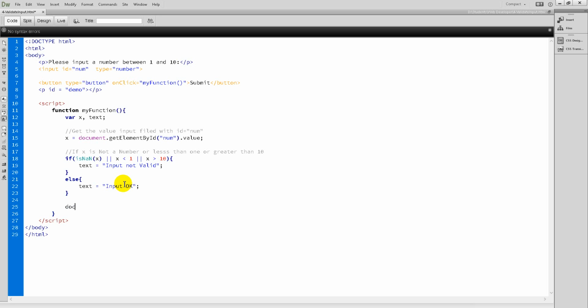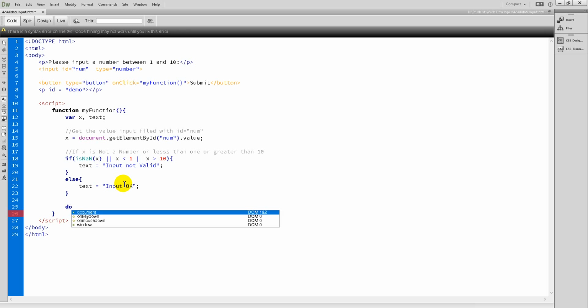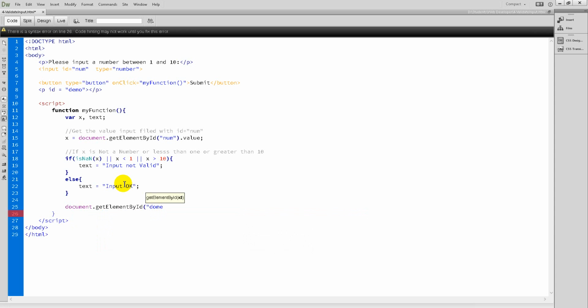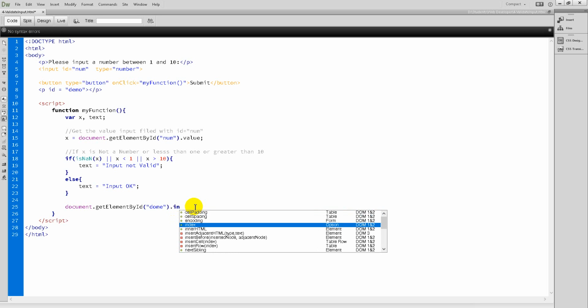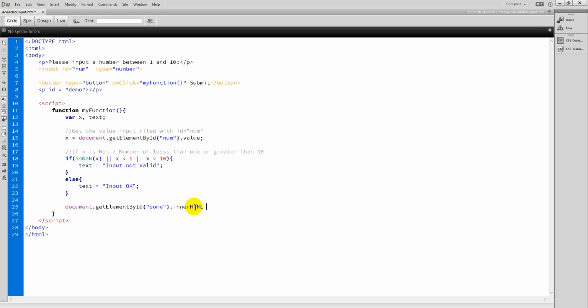Okay, document, I define the paragraph. Yeah, document dot getElementById. Yes, demo is the id of a paragraph. Okay, and that, yes, sorry, in the innerHTML, that's equal to the text. Yes, okay, and then I save. I open with a browser. Yes,